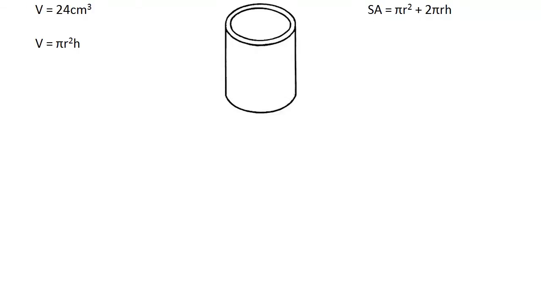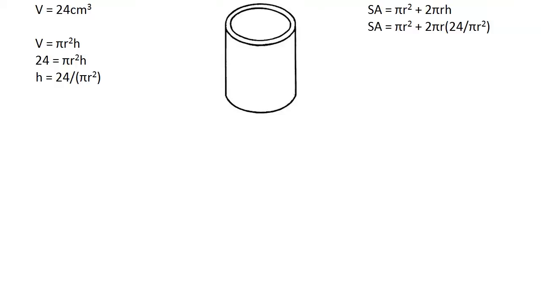So we need to start out with the volume equation. Next plug in the value we have for volume in, and then we just divide both sides by pi r squared, and that gives us our h in terms of r. So we can plug that in our surface area equation,